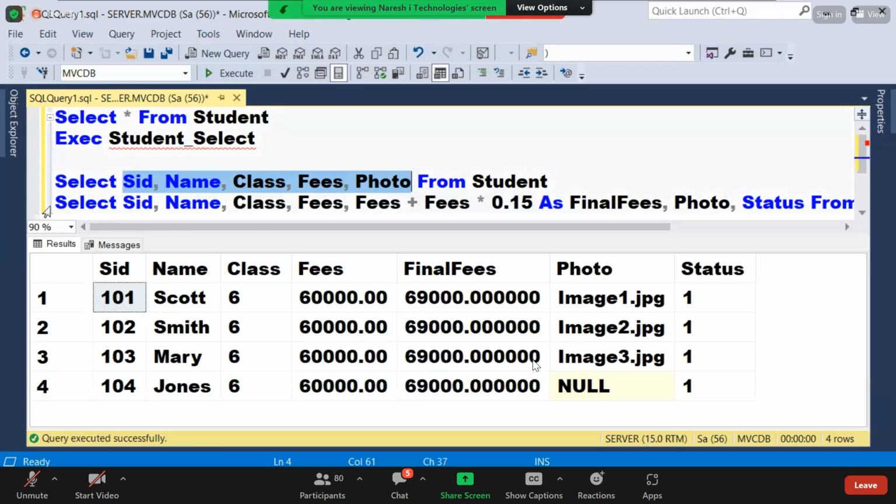But what about the next one? How many are you fetching? 7. But how many properties are there? What about the 7th? Problem will come now. When you fetch lesser, also problem only. When you fetch more, also problem only. When you fetch exact only, problem won't come. But lesser will cause you a problem, more will also cause you a problem. To overcome this problem,